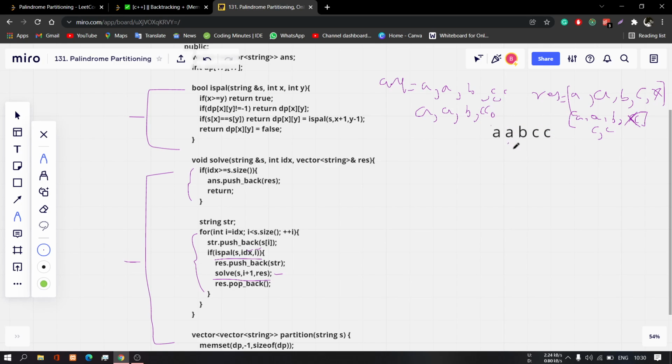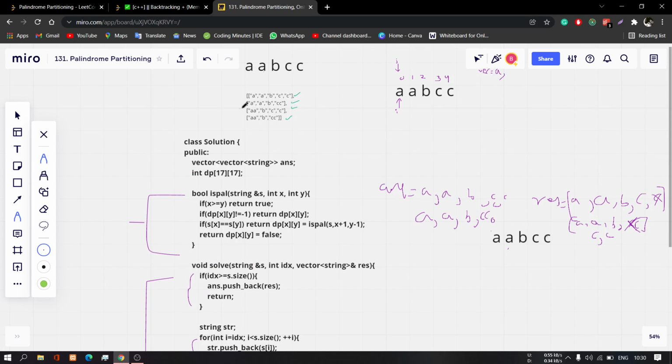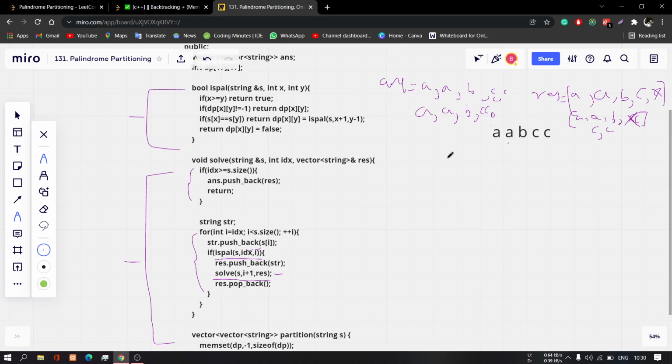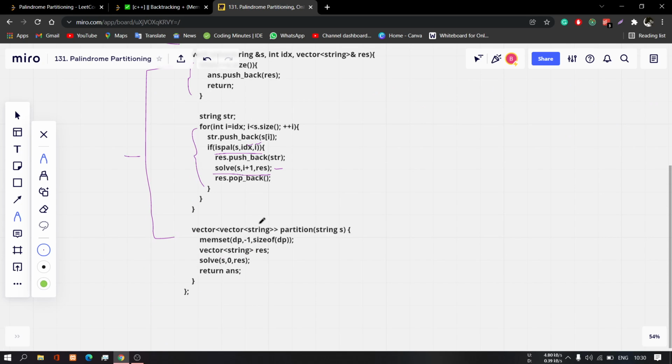So similarly, it will now check for A, B, B, C, and CC, and find all the permutations, and the permutations which are completely palindromes will be pushed to the answer, and you will get two more, like I have shown you here. These two.